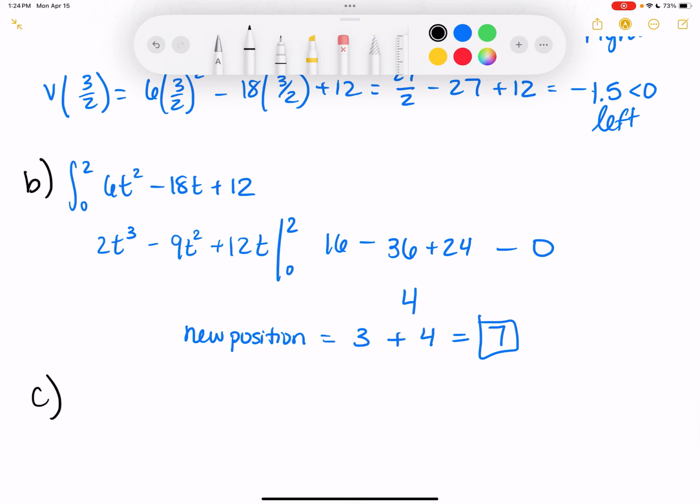Where in the problem does it tell us the initial position was 3? It's in the instructions. It's the same instructions from number 2. Because remember, that x starts to go. Also, this one was a little easier because we have